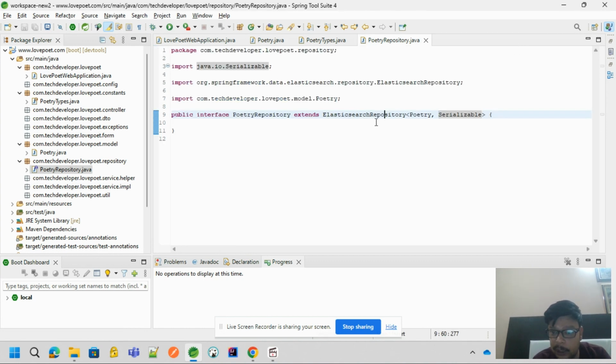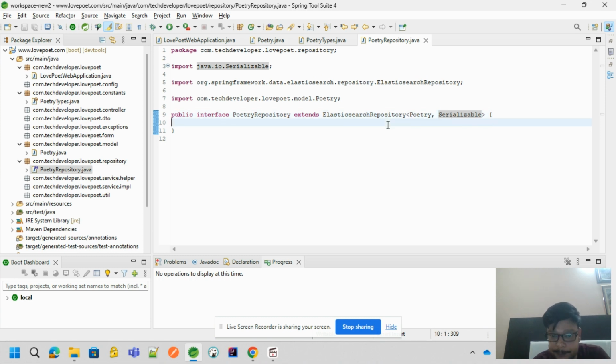We are using Elasticsearch, so for that we are extending the Elasticsearch repository. In that there will be two arguments. The first argument will be of type poetry, and Serializable will be the other argument.